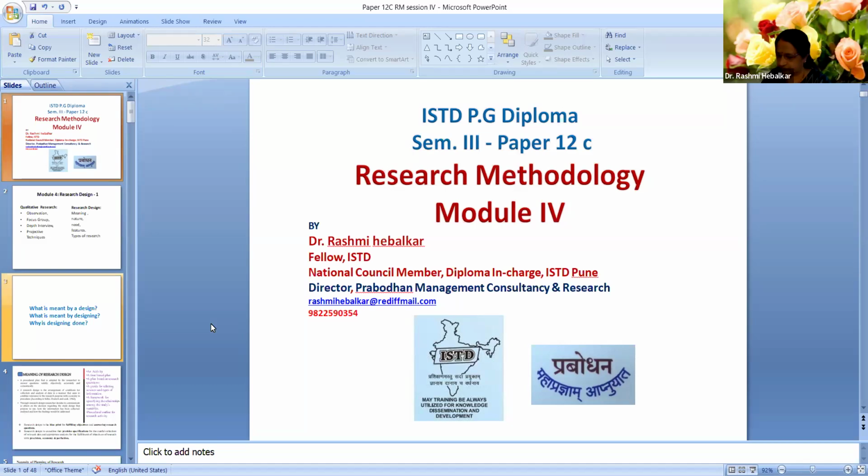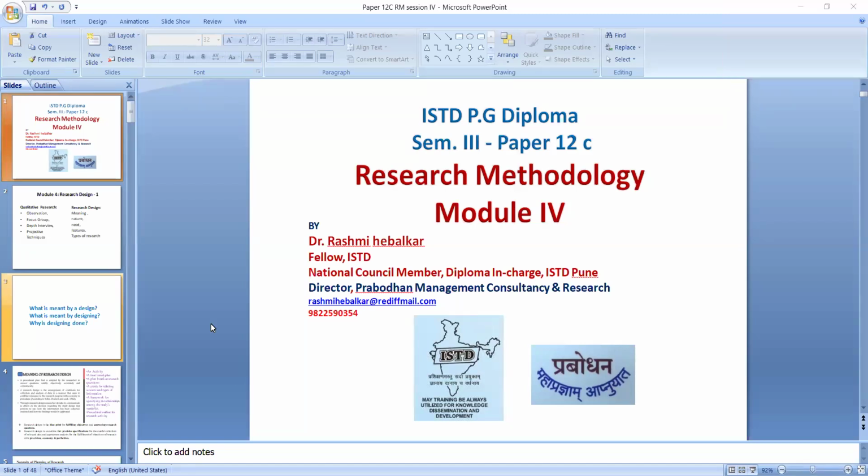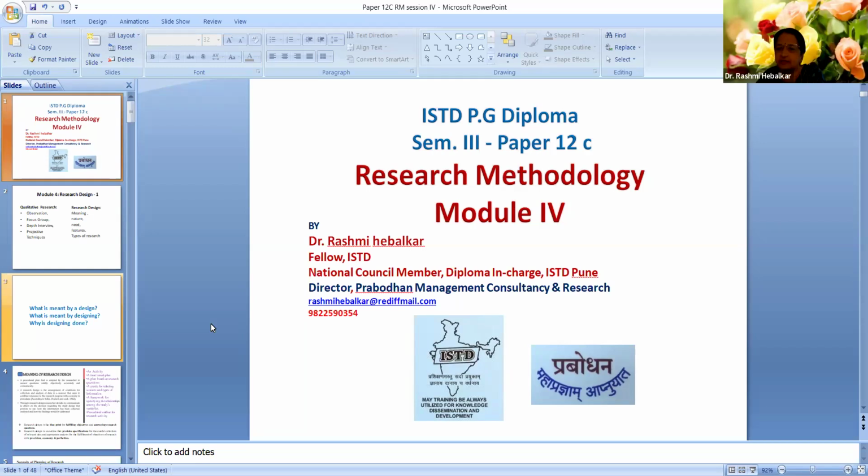Any other thing that you remember? Any research concept? Okay, Gayatri. Secondary data and, ma'am, primary data. Very good. Secondary data, primary data. What is the difference? Ma'am, for primary data, the survey method is used, observations, and secondary data we can say from the external source. Yes, external and internal. Both.